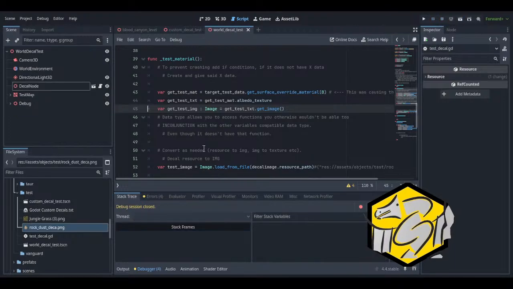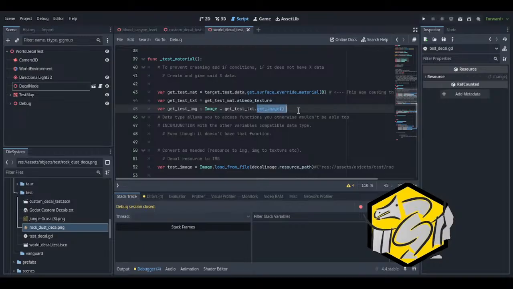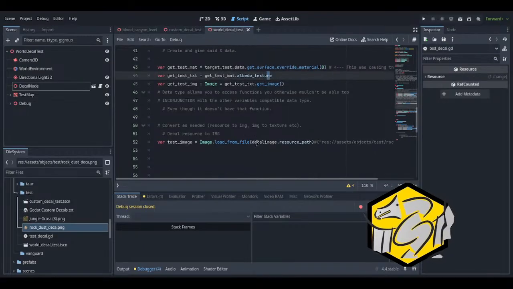It just says null. Why does it say null? Get test texture dot get image. It's clearly not null.